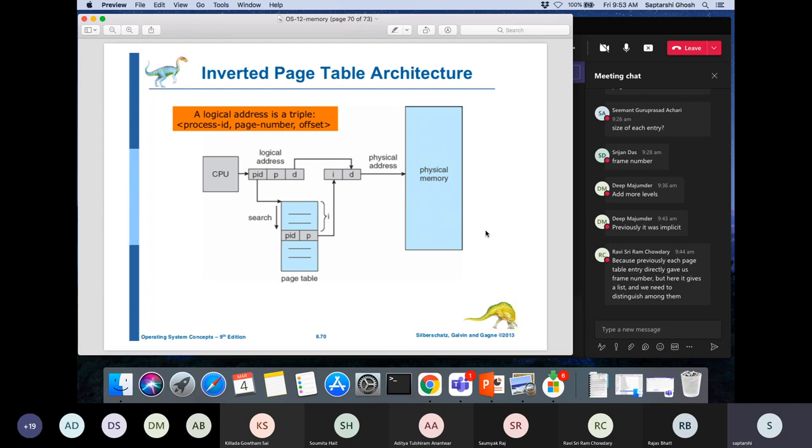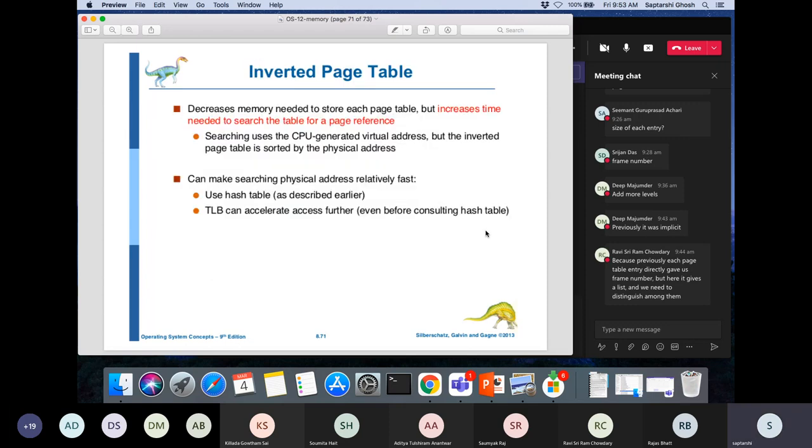So this scheme definitely decreases the memory needed to store each page table, because now there is just one page